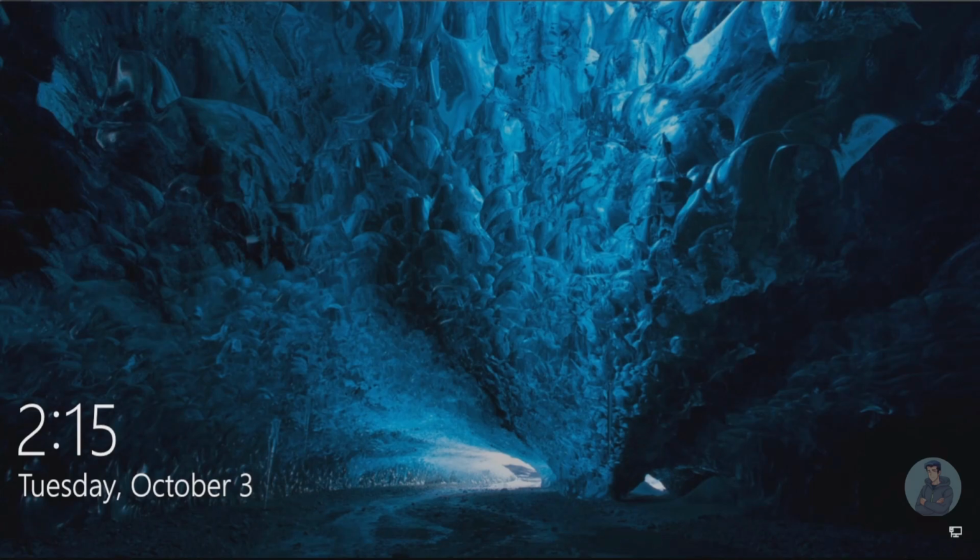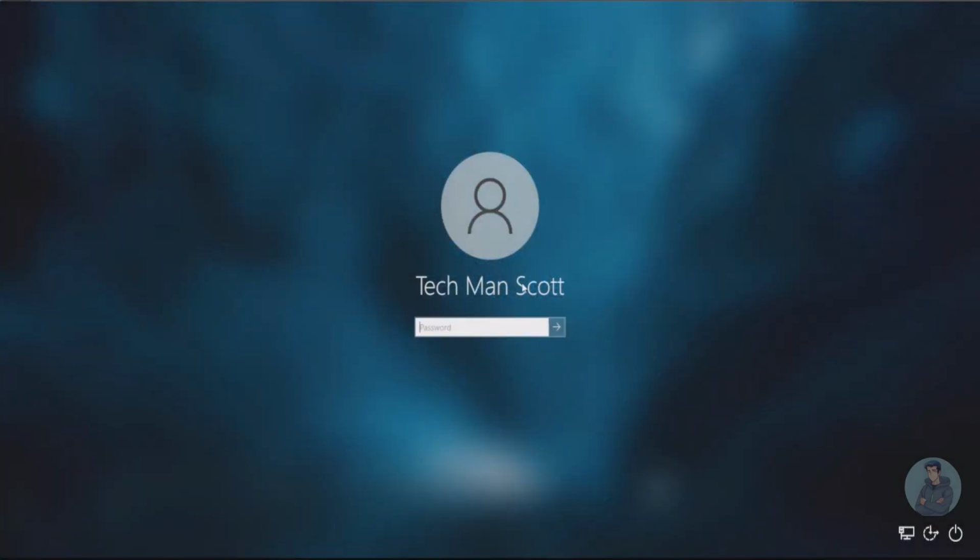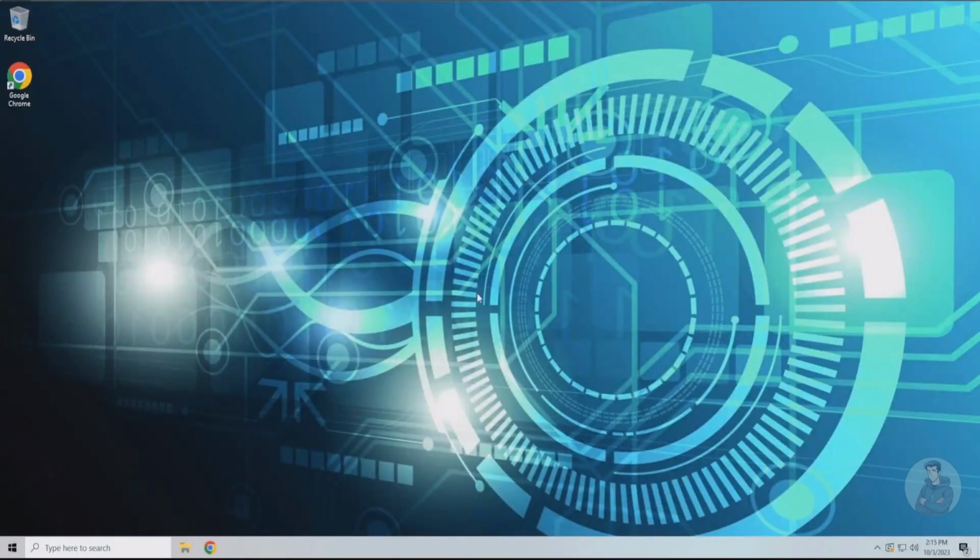Hey guys, today I'm going to show you how to change your local username to a different one in Windows 10. So to start off with, we want to change the local username for whatever reason. You may have got a computer and it says admin, or you might want to just change the name altogether